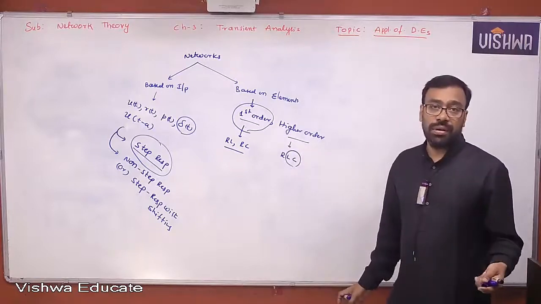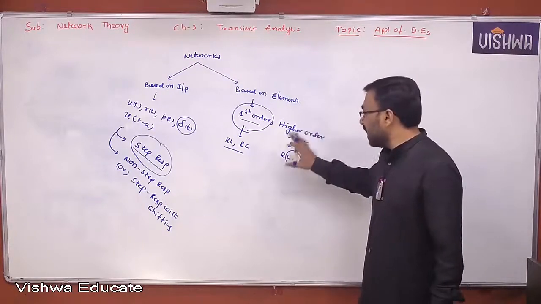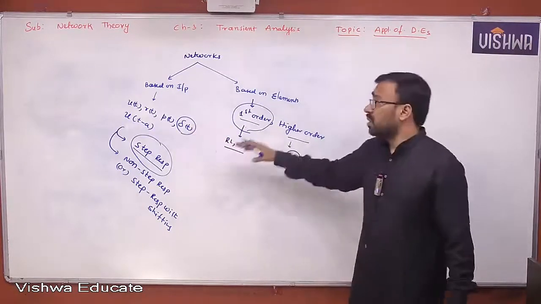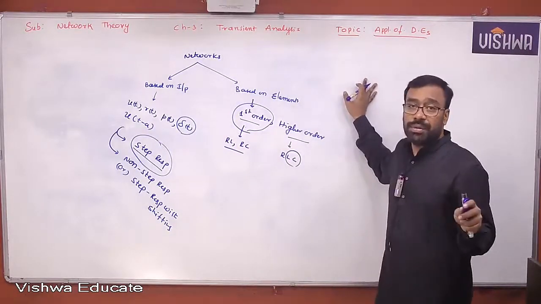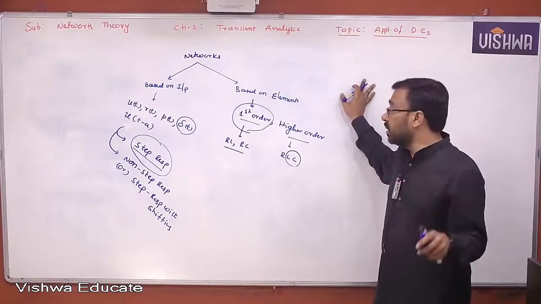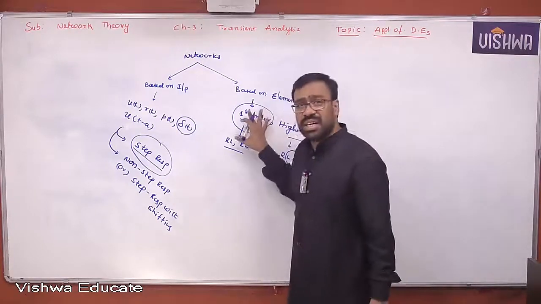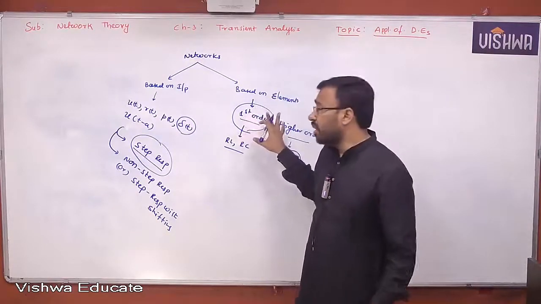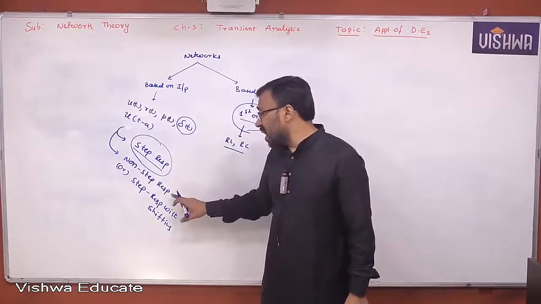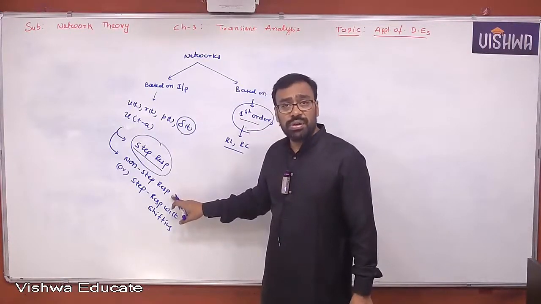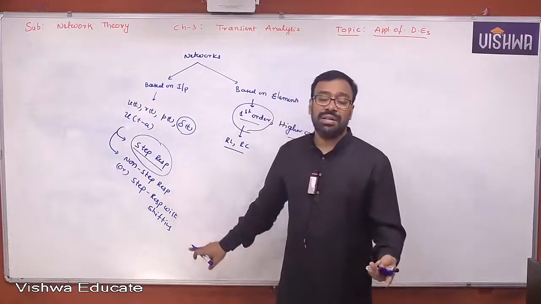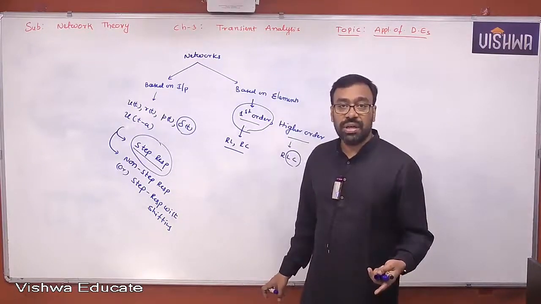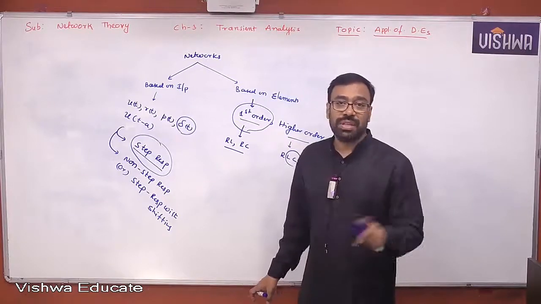Higher order circuits, irrespective of the given input, the technique I am going to explain, the formula may not be applicable. Understand all of you, okay? Sometimes you have a first order network, either RL or RC, but if the input is a non-step input, or sometimes a step input will be there, but that is having some shifting function, in such a case also this method is not applicable.